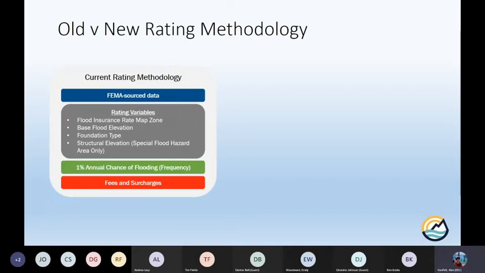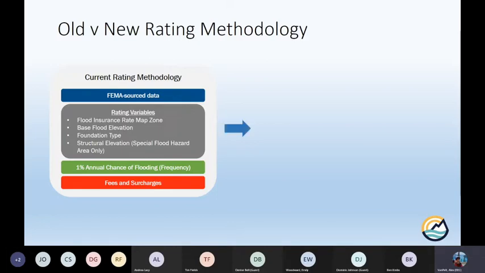And then they had some fees and surcharges on the back end that kind of rounded out how they got to what you should be paying for flood insurance. And this was pretty much across the nation. The rating tables were set and they were applied from Oregon to Florida to Maine. Wherever you were, you could look at that rating table, look at these couple factors, and get a quote. I've actually had several local floodplain managers call me and ask about Risk Rating 2.0. How are they going to do that? And the rating tables are going away.